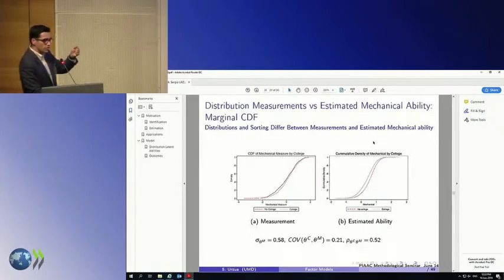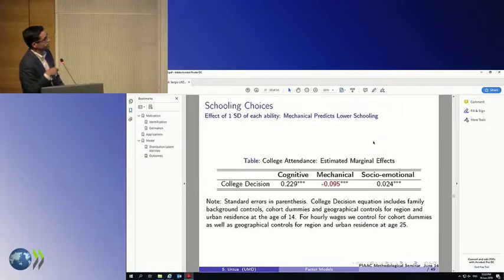The sign that you will infer from using the test score as your independent variable when explaining schooling decisions will be the opposite of the one you observe once you take into account measurement error and family background characteristics. How big of an impact? As you increase one standard deviation of mechanical ability, your chances of going to college go down by 0.09 log points. That's